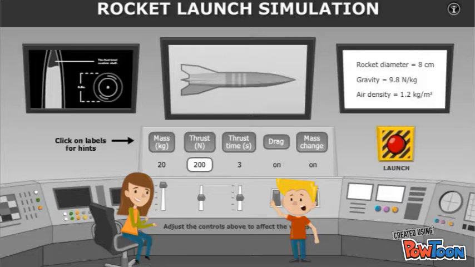A simulation like rocket launcher allows students to fly a rocket into space because students can set variables like the diameter, force of gravity, and air density, and allow students to change other variables. Using what they have learned in class about mass, density and gravity, students need to figure out what it would take to launch the rocket into space. When used correctly, simulations are a great supplement to the curriculum already being used in your classroom, and kids have